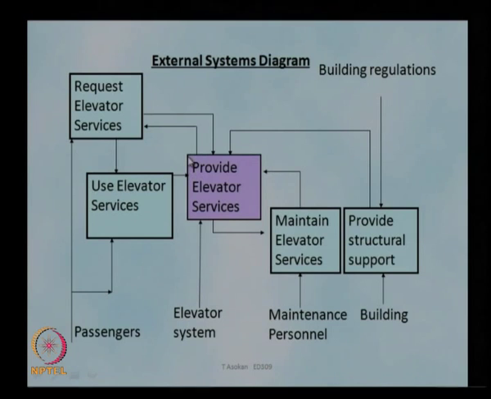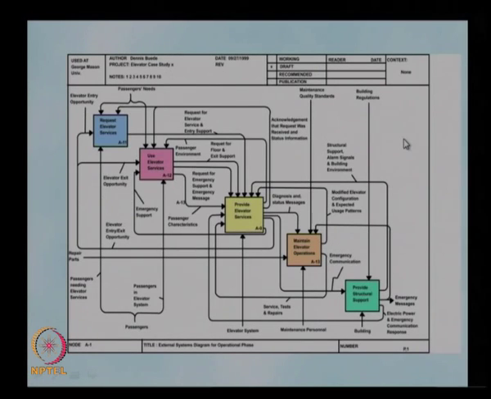What we need to look at here is this main system that we are developing. We need to provide the interfaces between this system and the other systems at the design level itself. We need to ensure that we provide the necessary interfaces with the external systems. We identify all the kinds of inputs coming into this main system, so that the interfaces are capable of providing this communication between the system and the external systems. This is a standard way of representing the external system diagram. This is known as an IDEF0 diagram.